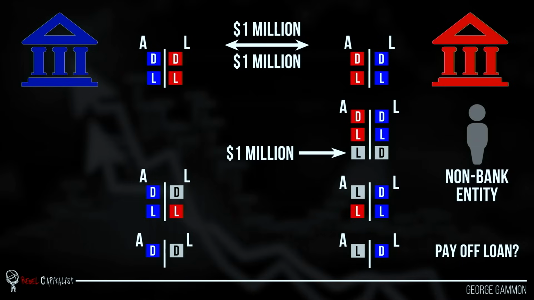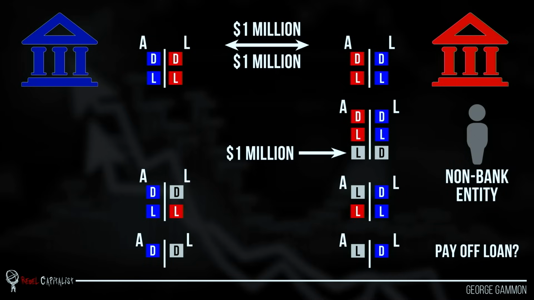Okay, next step, we insert a non-bank entity. Any of us, the average Joe and Jane, we go in there and say, hey, we need a loan for $1 million. So the red bank says, okay, we can go ahead and do that. They loan them $1 million. The asset is the loan that was just created. The liability is the $1 million that is now in the non-bank entity's checking deposit account. That part is pretty clear. But where people get mixed up is, well, then what happens if the red bank needs to wire those funds out because they didn't have any to begin with, right?